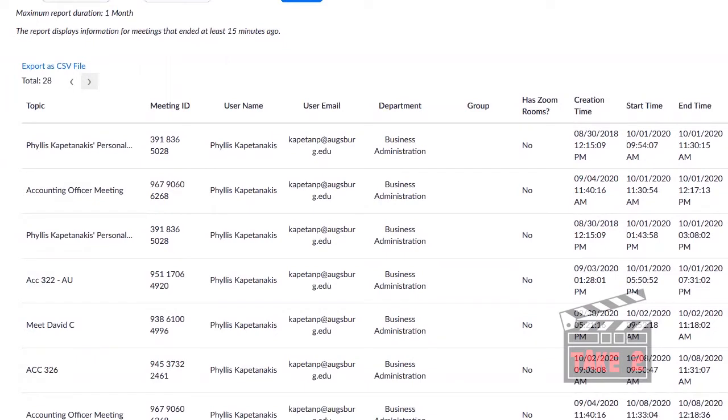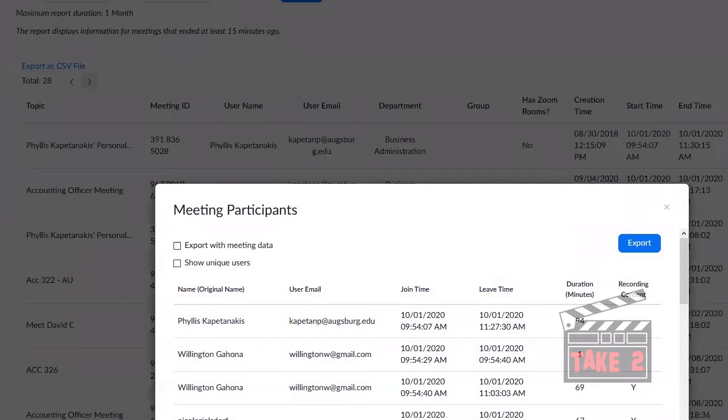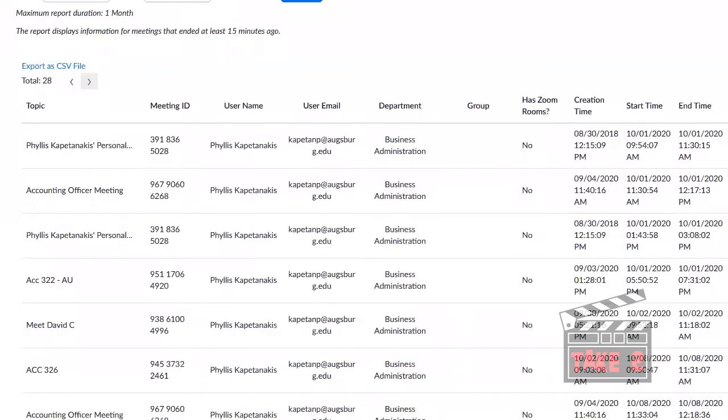I can see there were 20 participants in that meeting. When I click that, it'll give me a report and it will give me all of the people that were in that meeting and how long they were there. I can export this into Excel, or there's a couple other formats you can utilize, or I can just look at it here online. So it can be very useful to know who started with you in a Zoom class was still there at the end and how long they attended or when they dropped out. So that's been a really useful report.